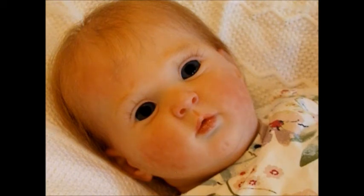Shall I tell you how I've weighted her? Although, I mean, everybody likes their babies weighted in a specific way, don't they? So it may not be to your liking, but I'll tell you what I've done. I packed the bottom of her body, and I should tell you about the actual suede body that she came with. It's got the ruching on the chest and on her bottom. So she's got a proper little bottom, and I packed that with fibre fill,